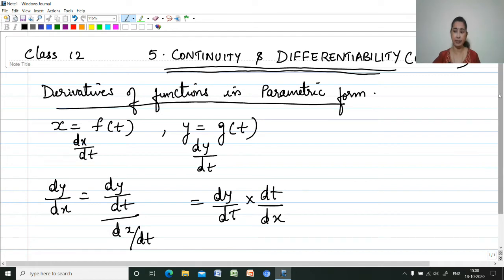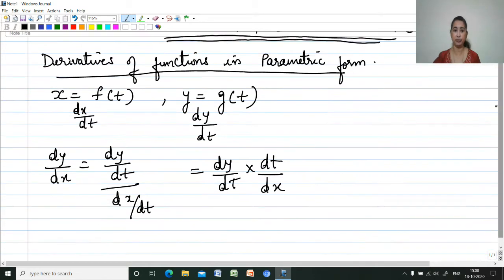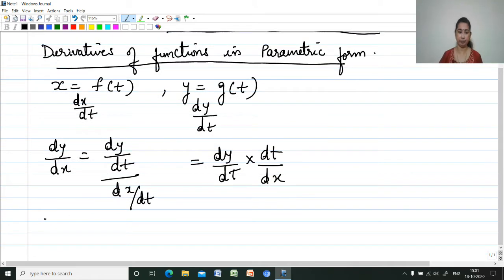So that is the way in which parametric form should be differentiated. We have to differentiate with respect to the given parameter. Since here the parameter is t, we have to differentiate with respect to t. Same way the second one also we have to differentiate with respect to the same parameter t, and then find dy by dx, and dy by dx equals dy by dt divided by dx by dt. So we will move on to the problems.